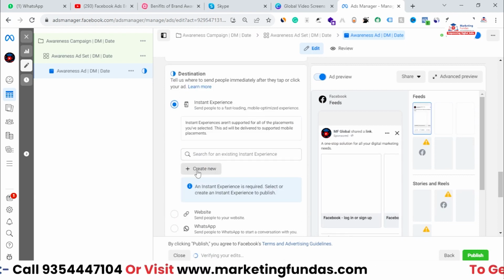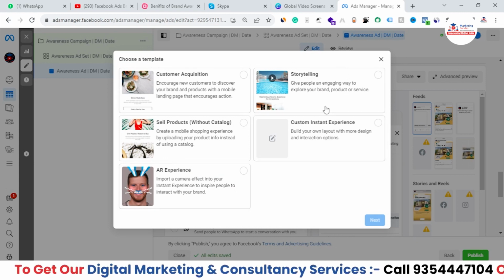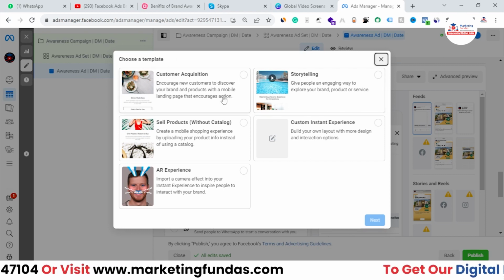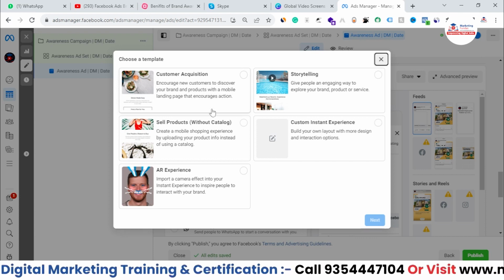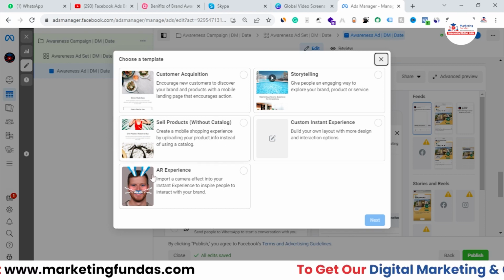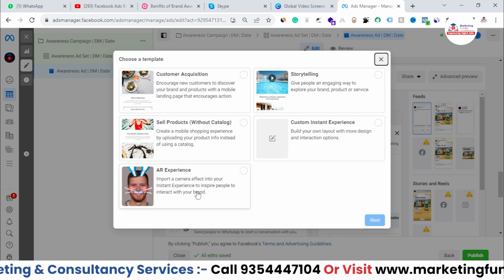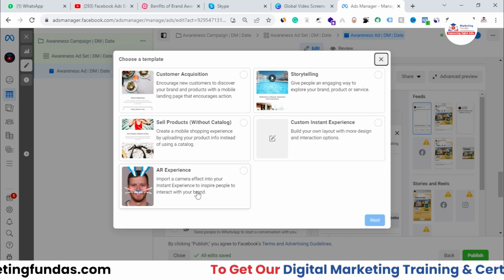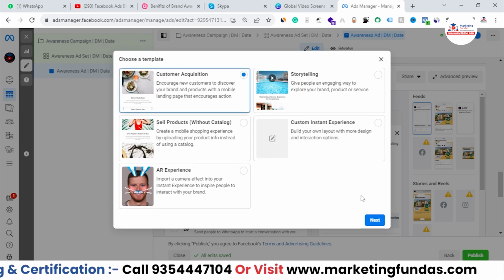So how you can create it? Just hit the create button, and here you get these templates. If you want to tell the story of your brand, you can use this. If you want to acquire customers by displaying your products, you can use this. If you want to sell your product with a catalog, you choose this one. If you want to create an AR experience for your business so that people can experience the product in augmented reality, then you can choose this one. But let's start with the simplest one, which is customer acquisition. Select this one, hit the next button,